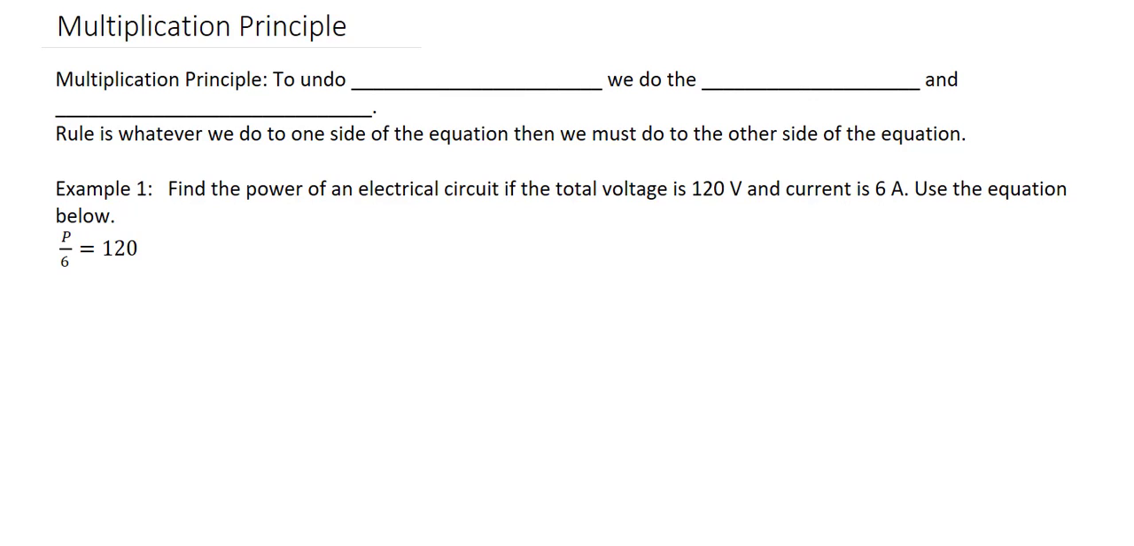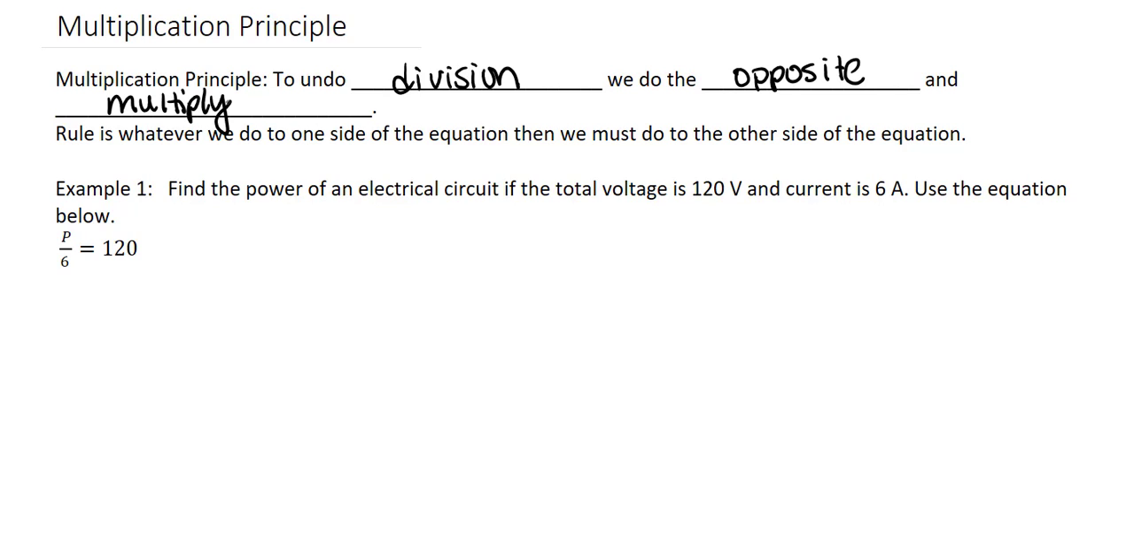The multiplication principle is to undo division. We're going to do the opposite, and we're going to go ahead and multiply. And the rule is whatever we do to one side of the equation, then we must do to the other side of the equation. So example 1, we're going to find the power of the electrical circuit